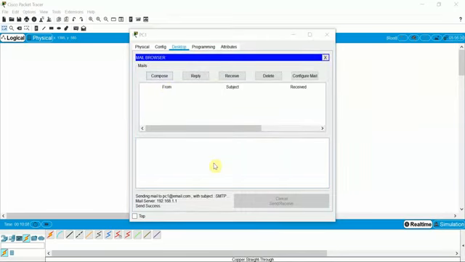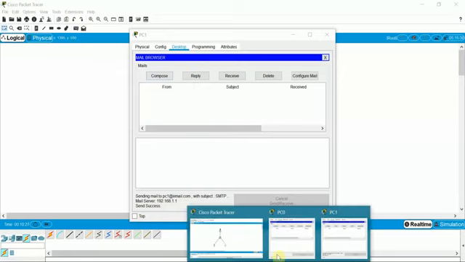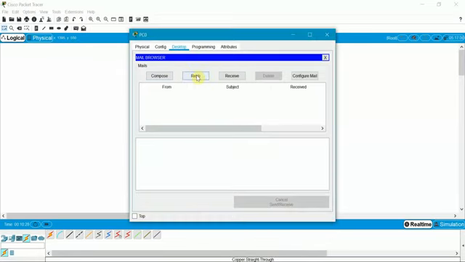As you can see here, the mail has been sent from the second PC to PC0. The sending mail to PC1@email.com with subject SMTP, mail server 192.168.1.1, sent successfully. So let's open PC0, click on reply.